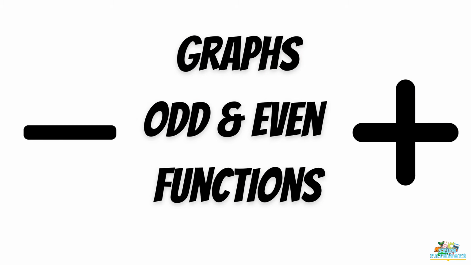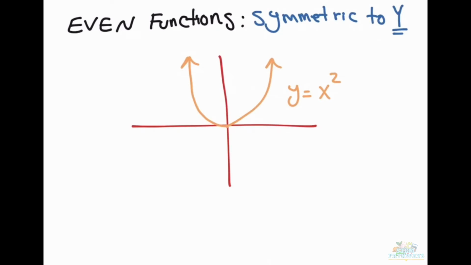Let's talk about even and odd functions on a graph and how we can find them. Generally, even functions have symmetry to the y-axis. For example, we know that y equals x² is an even function because of the exponent of 2, which is an even number. And as you see, this is the graph of y equals x², which has exactly symmetry to